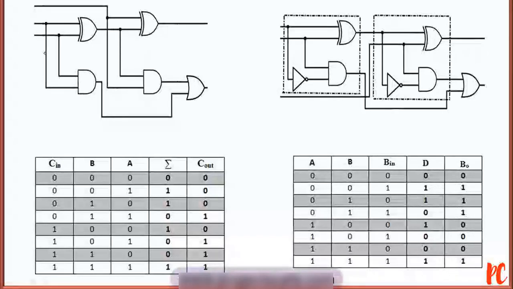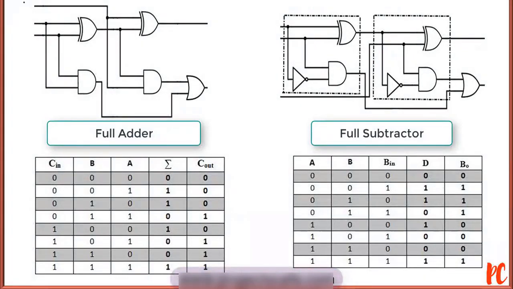We can implement a full adder with the help of two half adders. Let me name the inputs as A, B, C in, and the outputs to be sum and Cout. You can observe this is one part of the half adder. Let me name this as HA1, and this to be the other half adder,